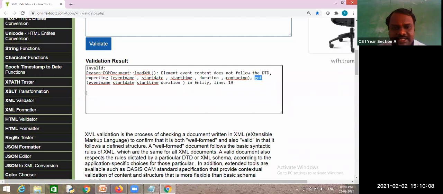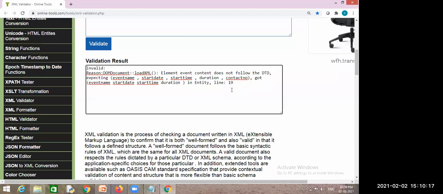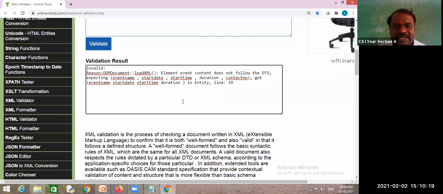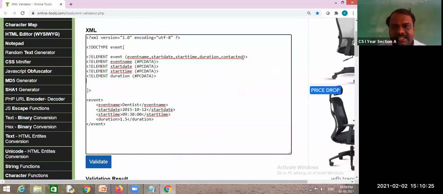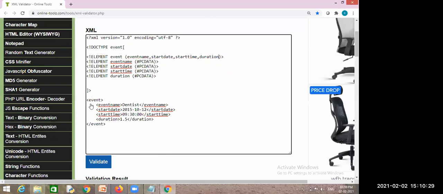But what did you get? Event name, start date, start time, duration. So which is missing? Contact number. So is it a valid document? No, invalid. If I remove this one, it will convey valid.